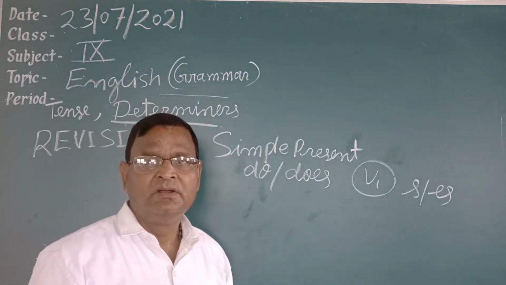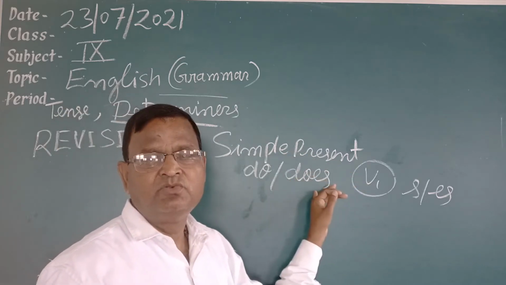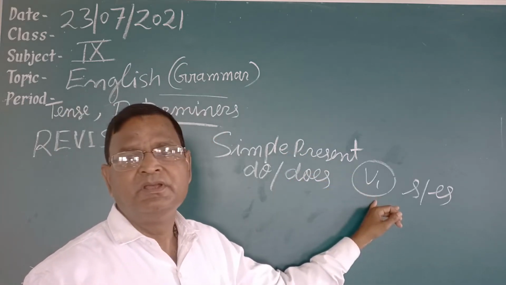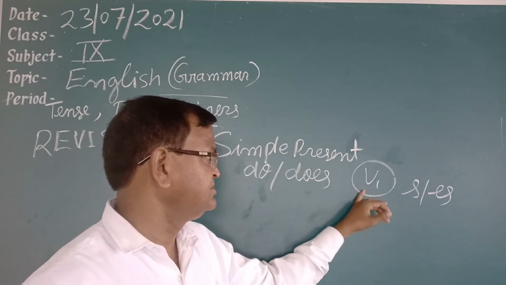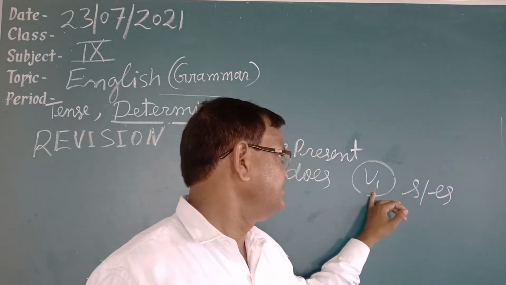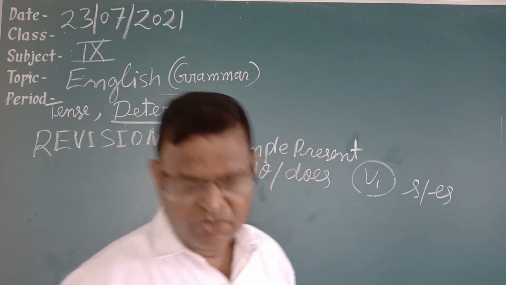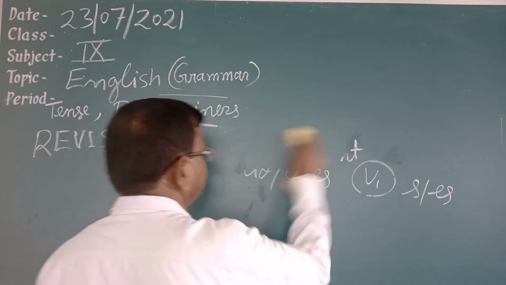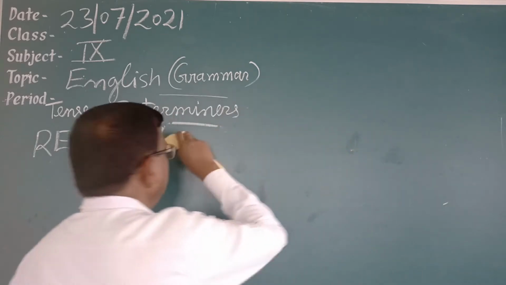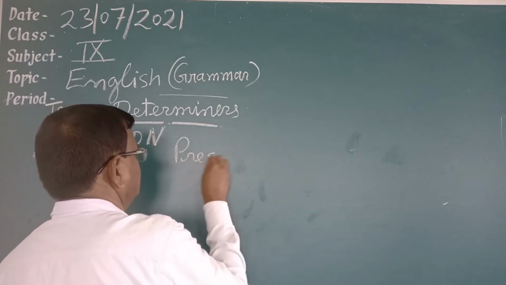Like that. So in this way, students, in simple present tense, two helping verbs are there, do and does, and verb first form is used. If a singular number subject is there, then s, es is added in a positive sentence. If plural number subject, I and you, is there, then s, es is not added. Now see the second part. Second part of present tense is present continuous tense.